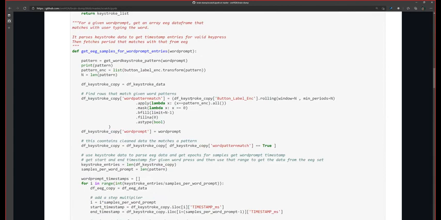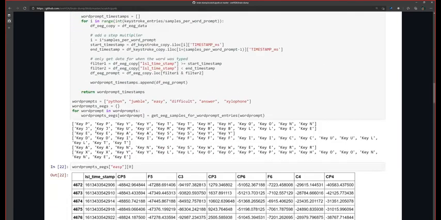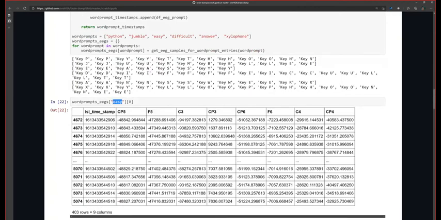Essentially, it's just pandas. Pandas is a Python data library that tries to get, for a rolling window, the patterns that exist, and then remove the ones that are not part of the pattern. And these are exactly the word prompts that I need. So, for example, here is now a single entry of me typing the word easy: 409 rows and 9